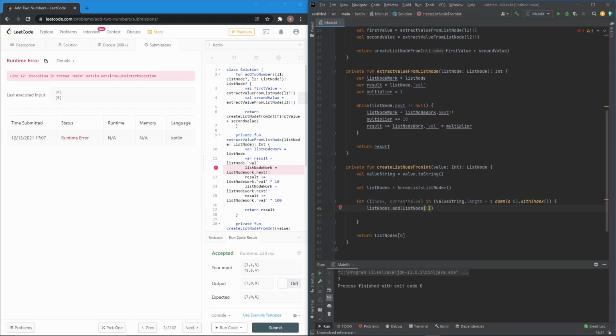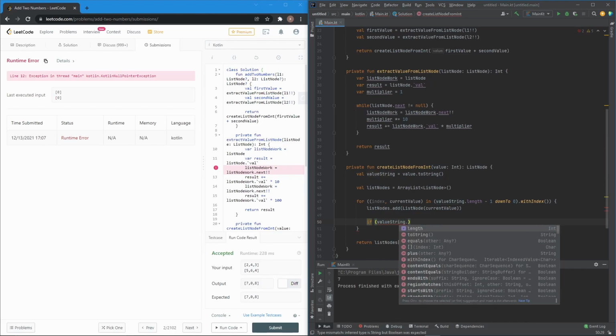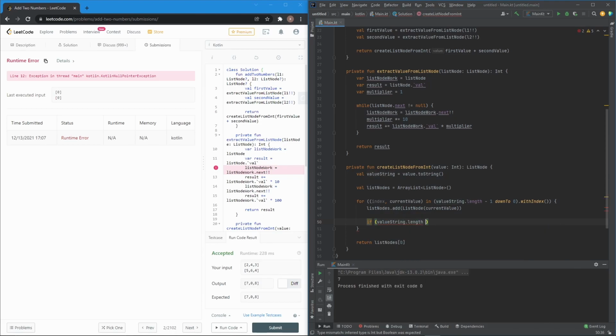Okay, so let's do this then. So I want the index. So it's going to add with there. Then I want to say if value string dot length greater than or equal to index plus 2. Let's actually not do this because that won't really work. Okay. So instead,